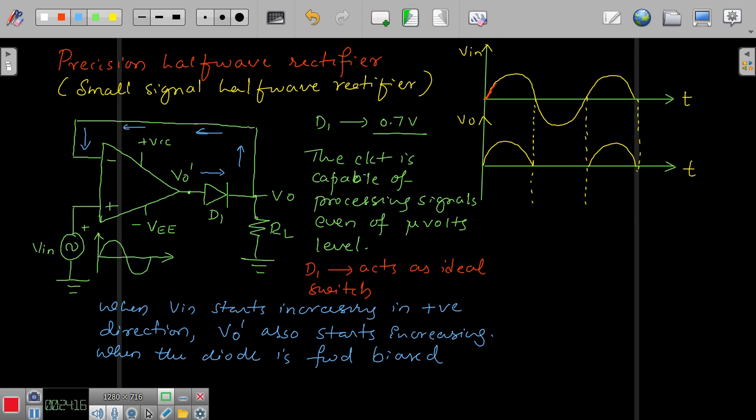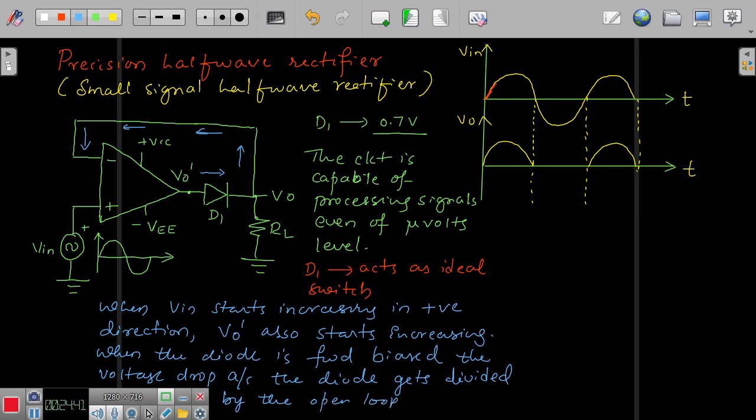So when the diode is forward biased, the voltage drop across the diode gets divided by the open loop gain of